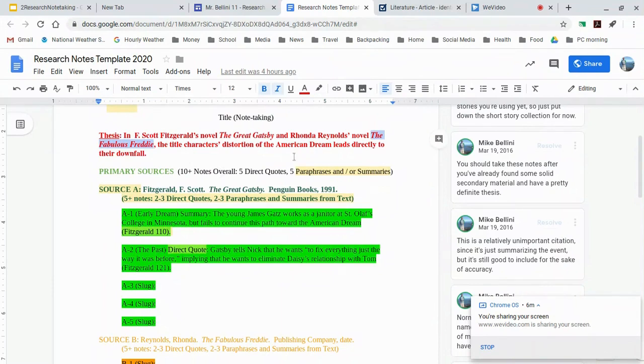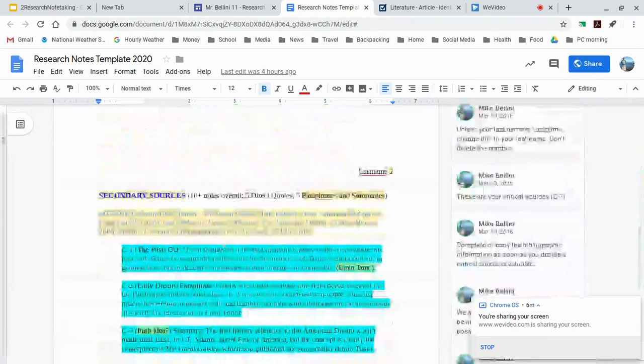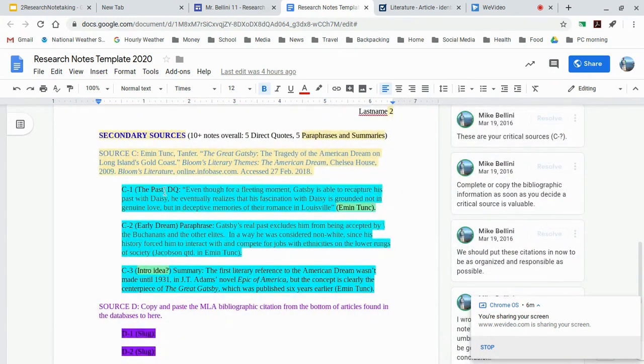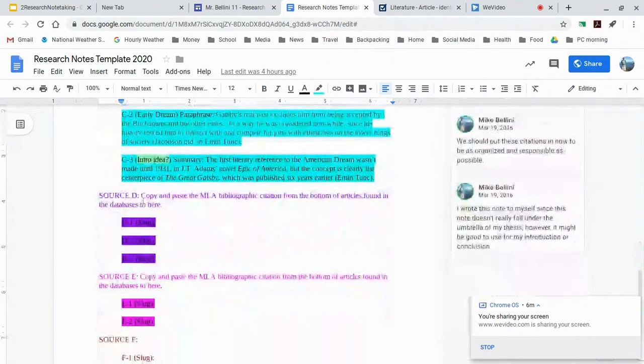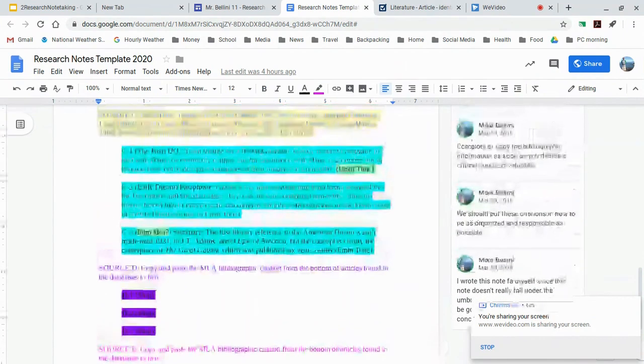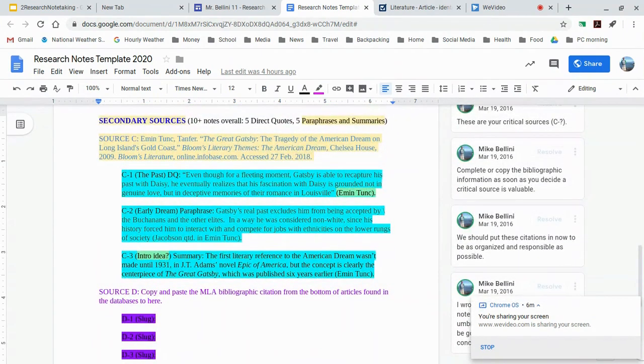I'm trying to prove that the title characters, meaning Gatsby and Freddie, distort the American dream and this leads to their downfall. And so it makes sense for me to have one of my slugs being the past, because that's what they're trying to recapture. And so I might have one of those in C, I might have had one of those down in D, I might have one in E. And that'll help me whenever I'm trying to organize my paper into premises, because I'll have maybe one premise all